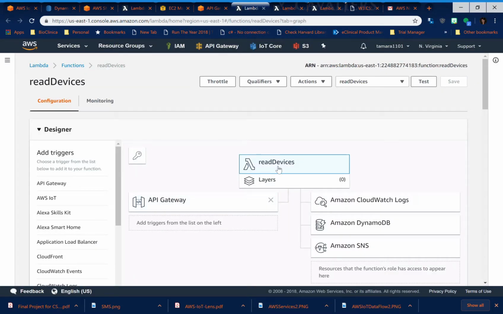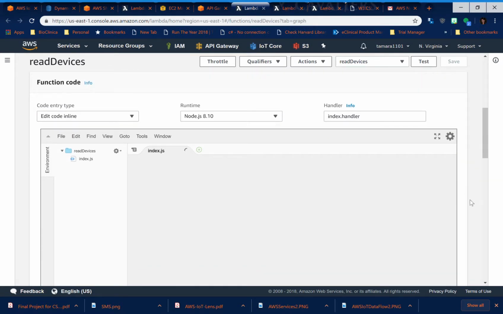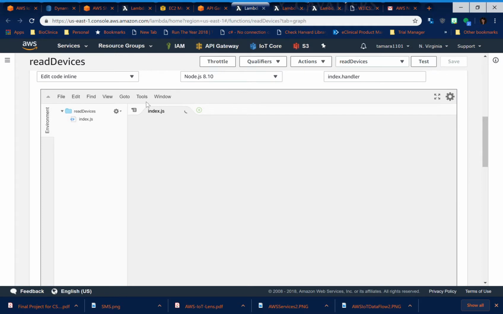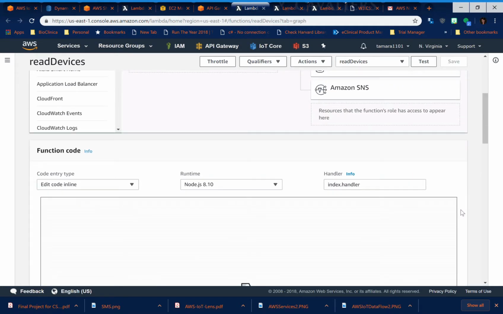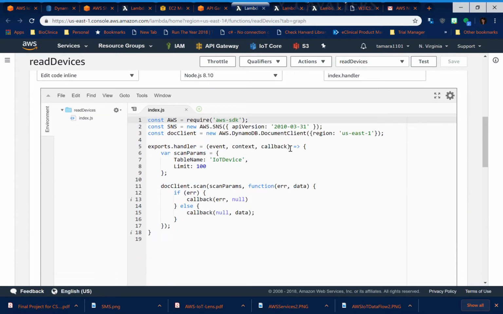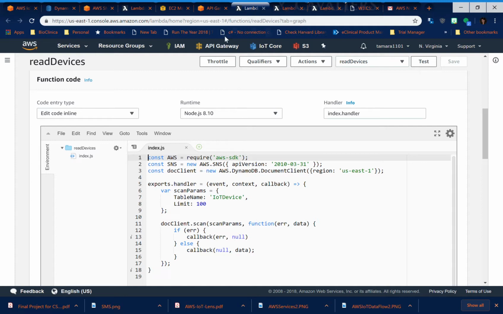So the API gateway calls the read devices. And it purely does a scan of the DynamoDB database and returns back all of the detected devices to display